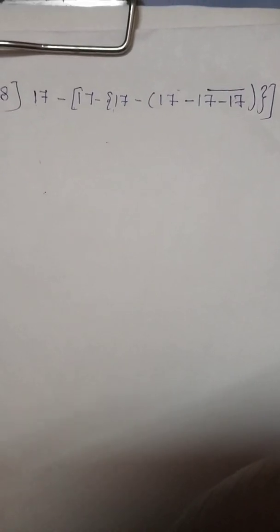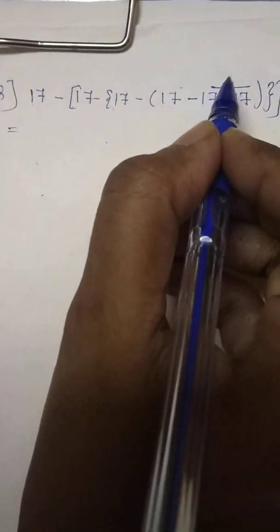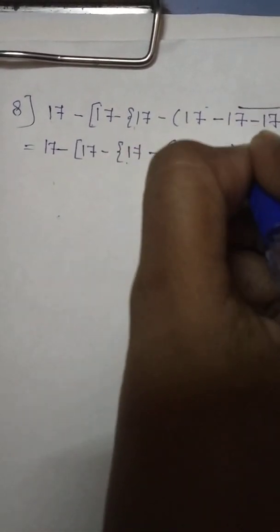Students, you don't have to get confused seeing this sum. Yes, all the numbers are 17. Okay, we'll solve as per our rule, that is BODMAS. Here all the signs given are minus signs, so we'll solve according to the brackets. The rest of the numbers will remain the same: 17 minus curly bracket open, 17 minus small bracket open, 17. Now we'll solve this small bracket: 17 minus 17 is 0. One bracket goes off.